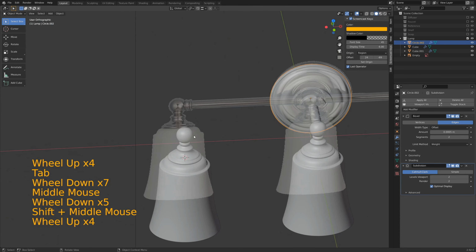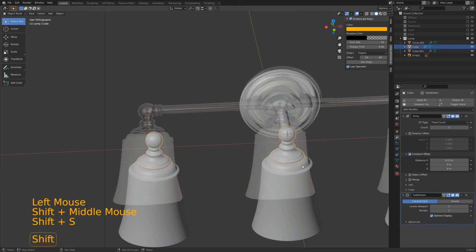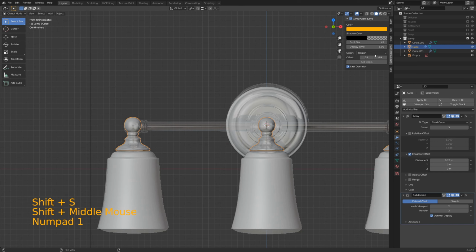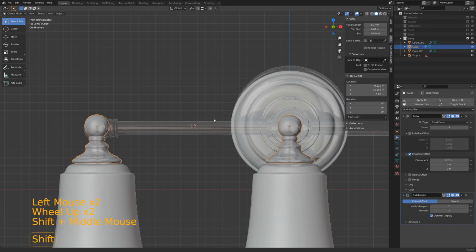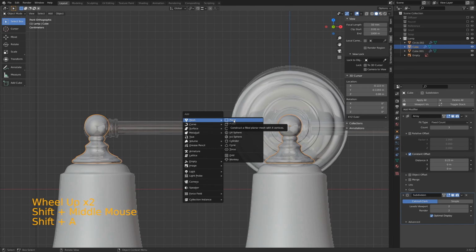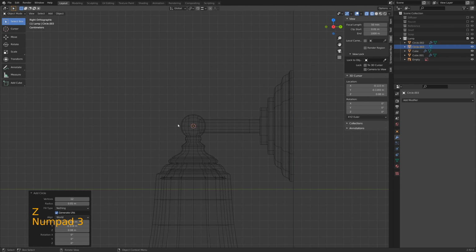Now we need these cross members here. So let's take our cursor, put it to the selected object, and we're going to move it to negative 0.23 divided by 2, right in the center of them. And let's add a circle, 0.01. And let's switch to wireframe mode, look at a side view, align to view,